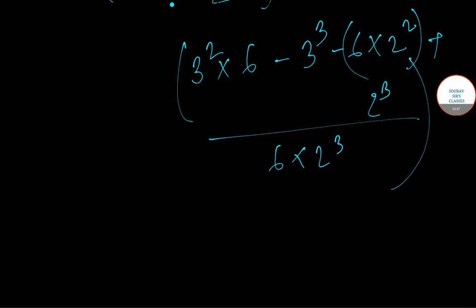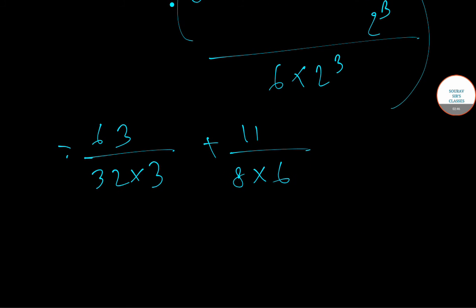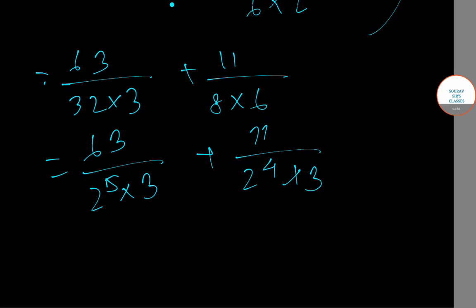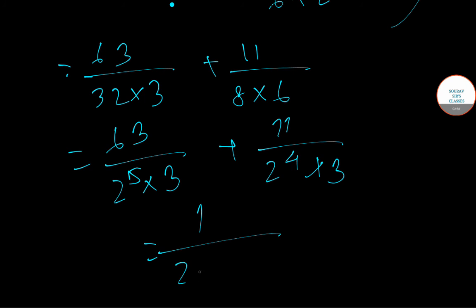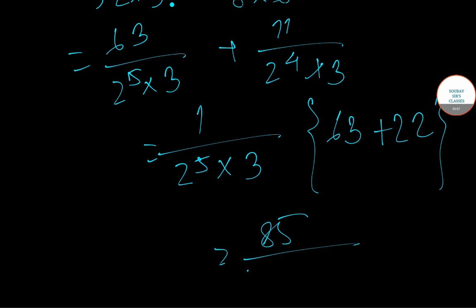This equals 63 by 32 multiplied by 3 plus 11 by 8 into 6. This again equals 63 by 2 to the power 5 into 3 plus 11 by 2 to the power 4 into 3. That gives us 1 by 2 to the power 5 multiplied by 3 into 63 plus 22. This will be equal to 85 by 2 to the power 5 into 3, which equals